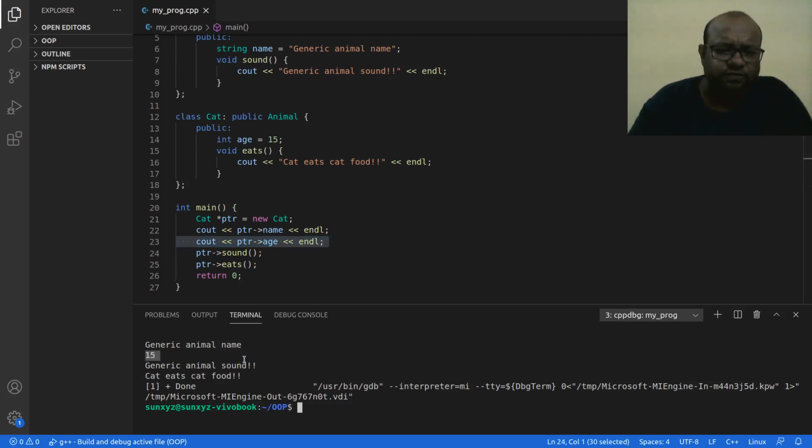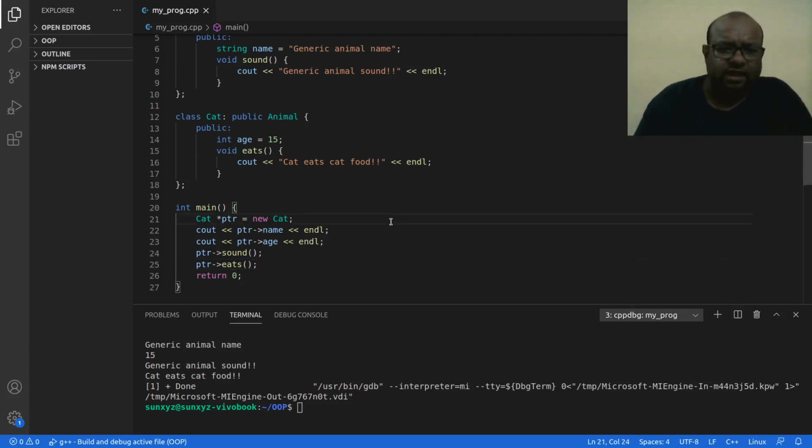In line number 24, when I call this sound method, it prints generic animal sound. And in line number 25, when I call this eats method, it prints cat eats cat food. This is defined in my cat class.